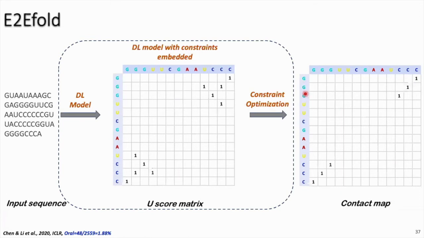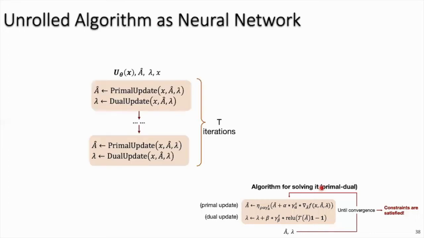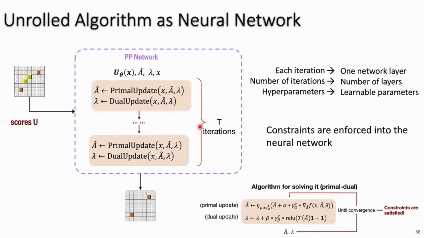The biggest challenge is to convert that algorithm, which we used to enforce the constraints, into the neural network form. And here's our idea. As we have already discussed, it is this gradient algorithm that helps us enforce the constraints. Then what about we unroll this gradient algorithm to a certain time step, so that hopefully in this unrolled algorithm, it will have the same constraints as the original gradient algorithm. And then this unrolled gradient algorithm will become the building block subnetwork for the integrated network. We call this subnetwork a PP network.